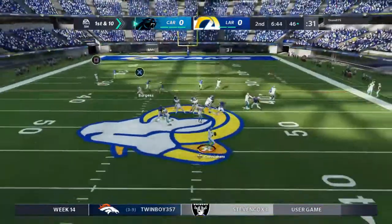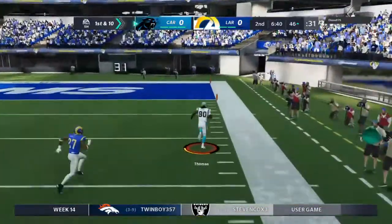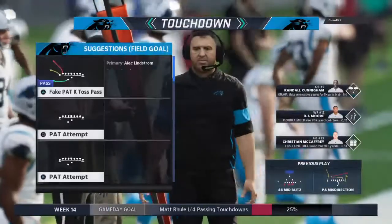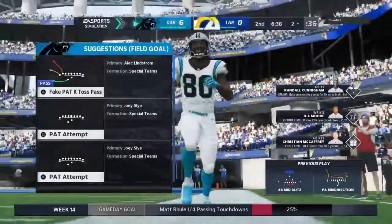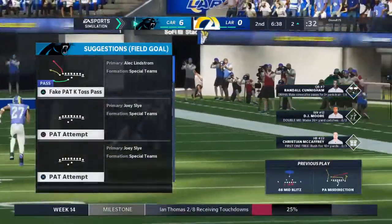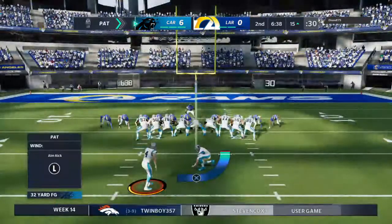Here's a play fake as they set up to throw. That'll be caught by his tight end, Ian Thomas. Touchdown, Carolina. Ian Thomas, his 3rd touchdown now on the year, as his guys are first onto the scoreboard here this afternoon. And what a weapon he is at the tight end spot, because when they throw him the football